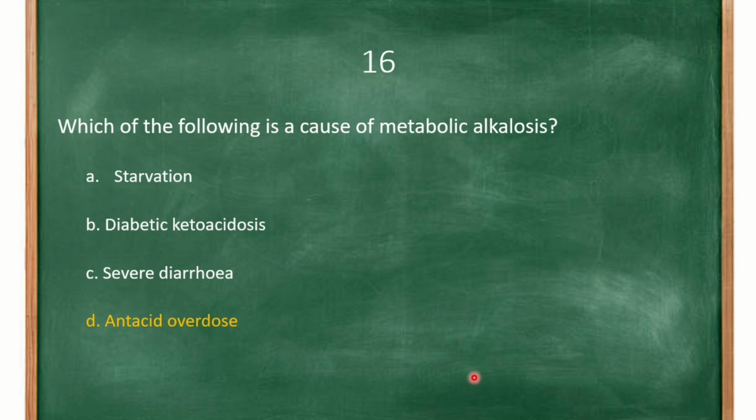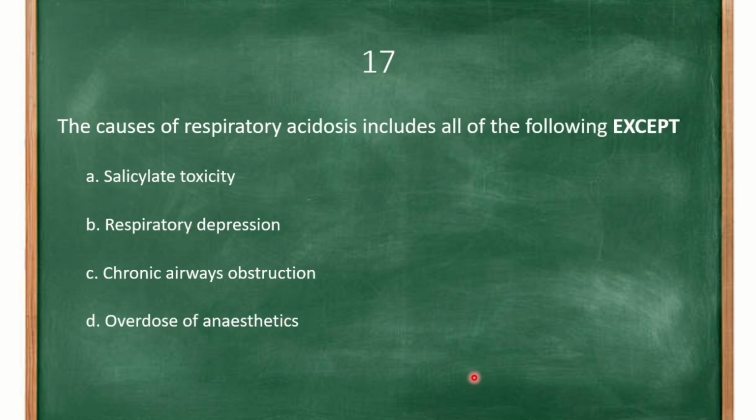Then option D says antacid overdose. Yes, when you overdose on antacids, which contain bicarbonates, when you take excess of them, it can lead to metabolic alkalosis. Okay. Question 17 says that the cause of respiratory acidosis includes all the following except